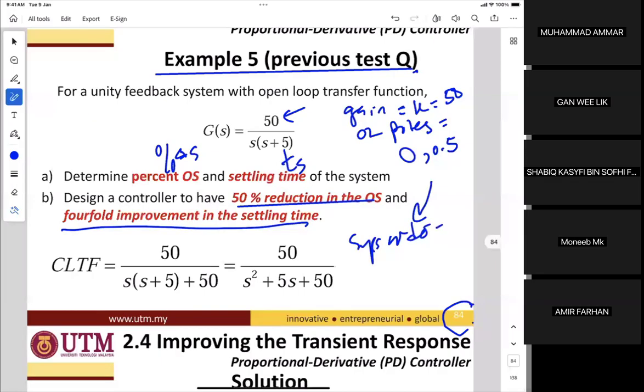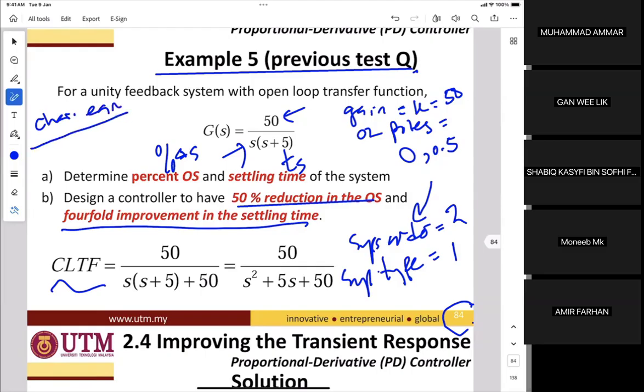Second order. What is the system type? Type 1. Okay, so this is the closed loop transfer function where the characteristic equation is